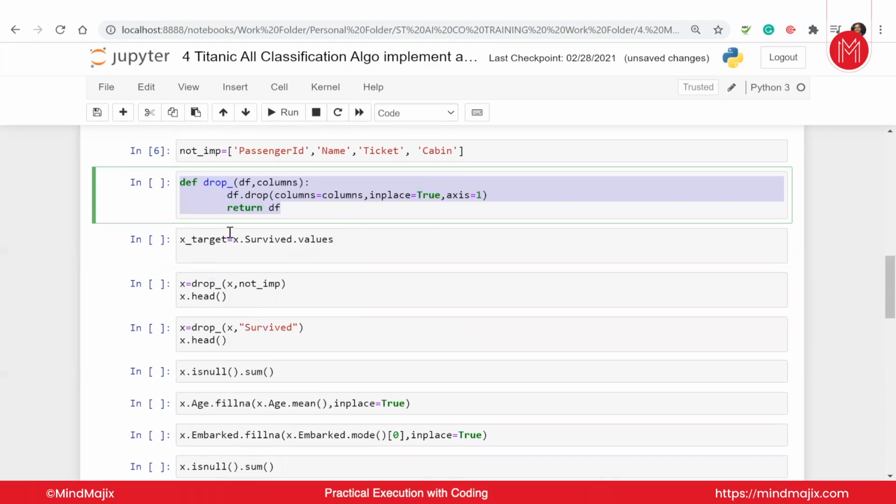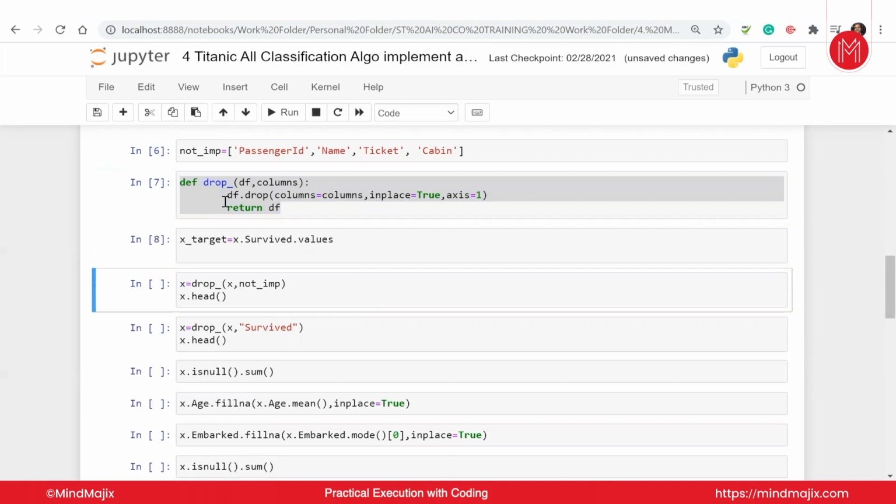Then I will separate my survive column, as we want to keep the survive column away from the independent columns. We are creating a target y which has the survive column. We are creating the X which has our independent columns. I am assuming the logic of why we are separating and the basic core coding of Python machine learning is already clear to you. I'm not going to go into the too basic stuff. I'm assuming that why to drop, when to drop, and how to drop is clear to you.